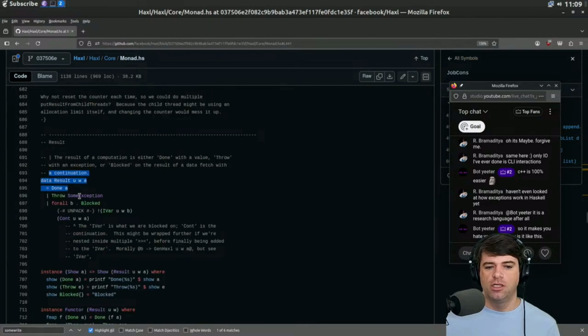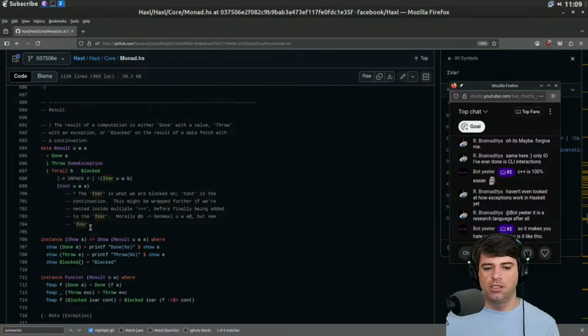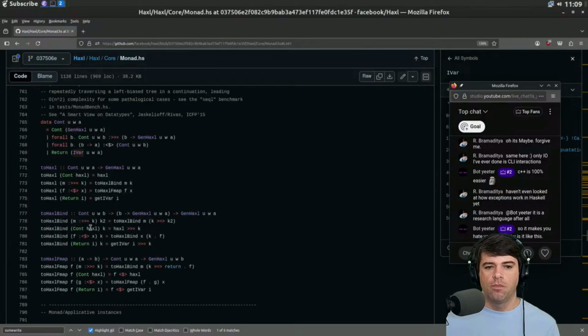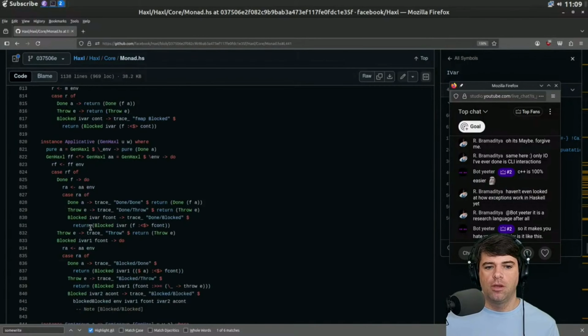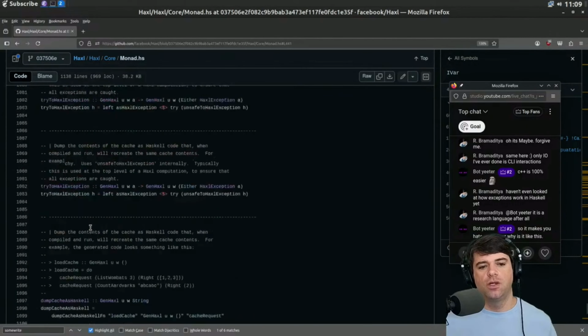It's a result. It's either done of type of the result type, or it's going to throw some exception, or it's blocked. And there's a continuation. Cons is the continuation. And I'm not going to look too closely at that, but the thing that I want to know now is like, how is